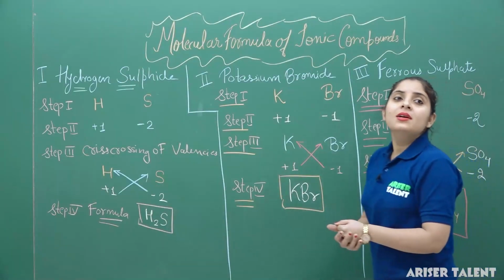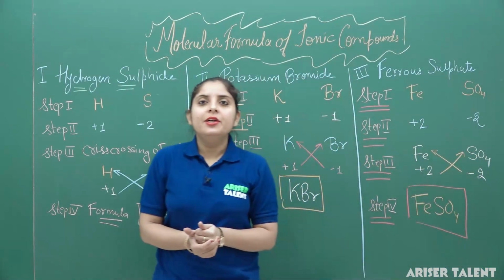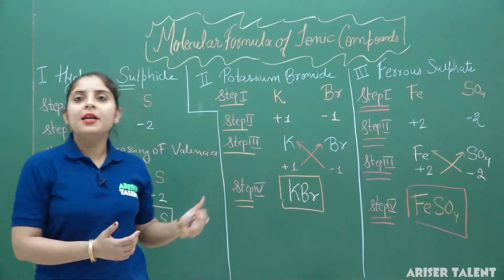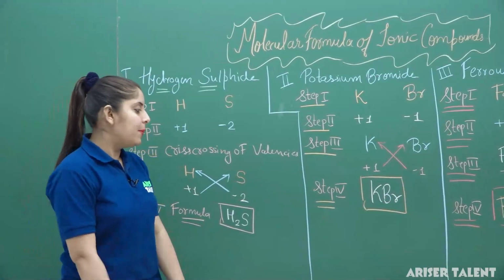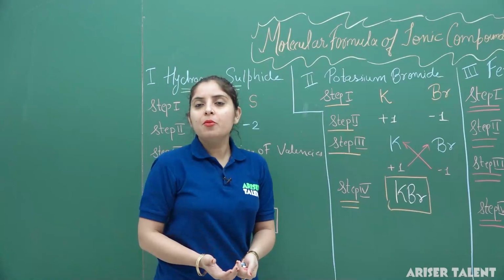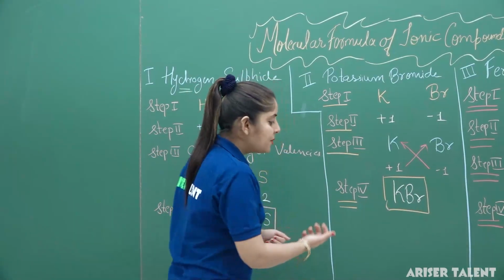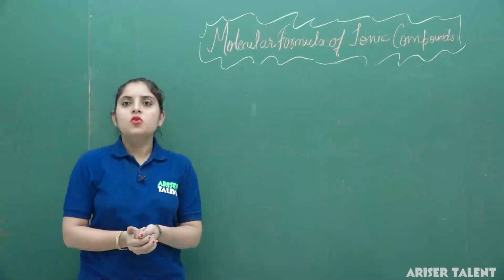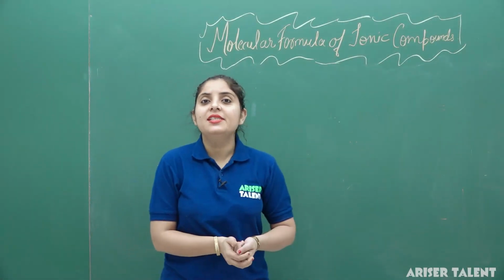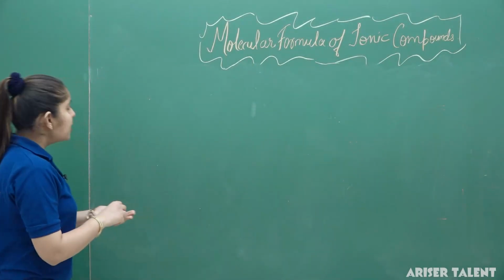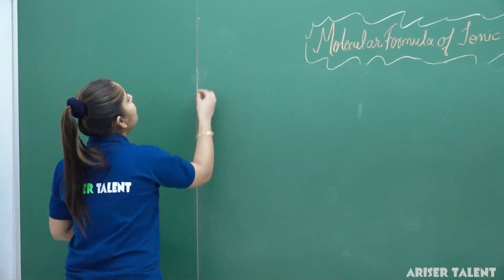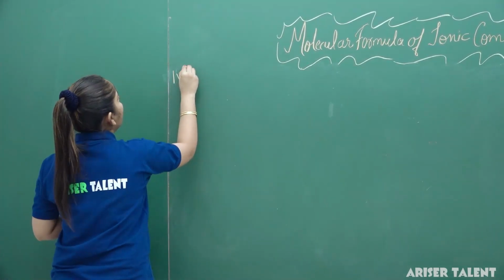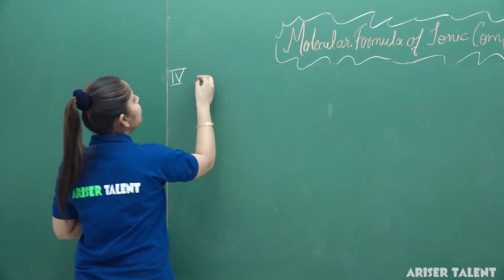So I hope these steps will be clear to you after learning about the electropositive and electronegative elements. Now we are discussing some more examples so that this topic is clear to you in every possible way. So for your convenience, I am writing some more formulas over here. In our next category we have formula number 4, that is